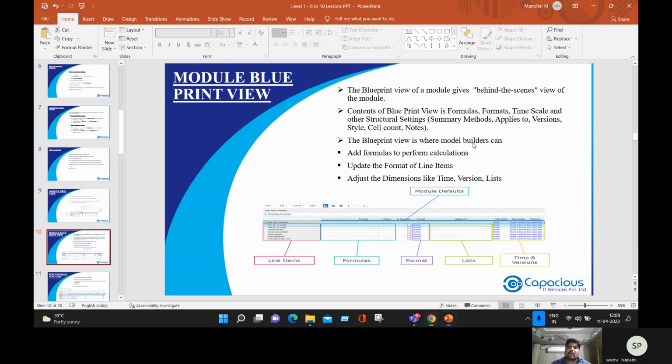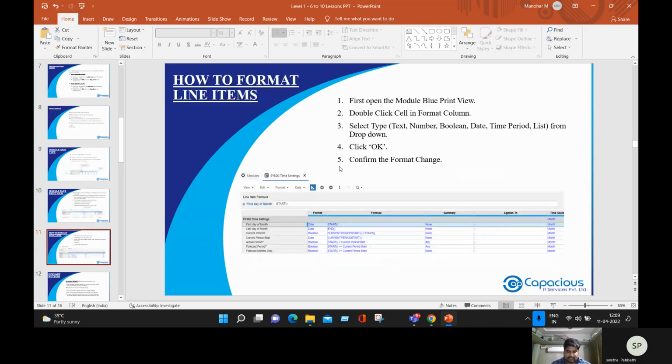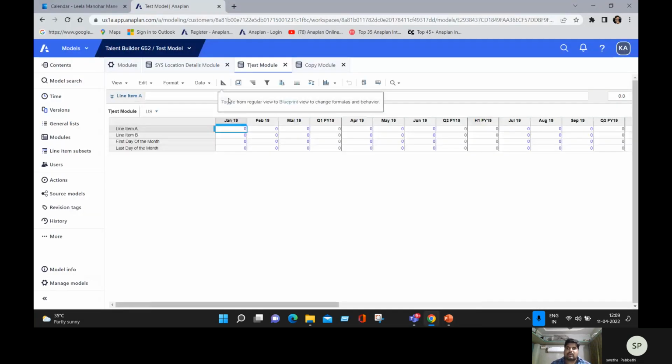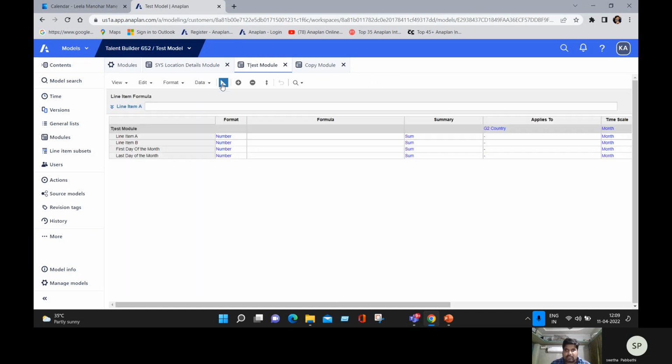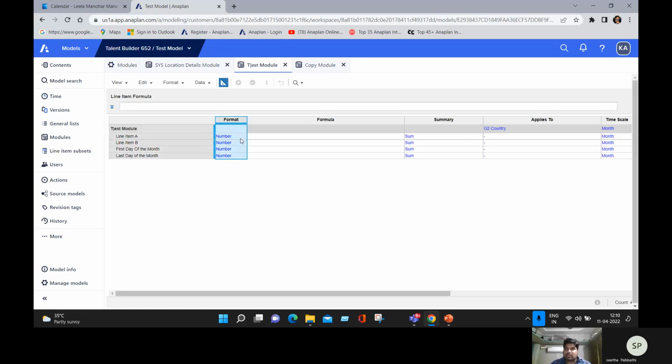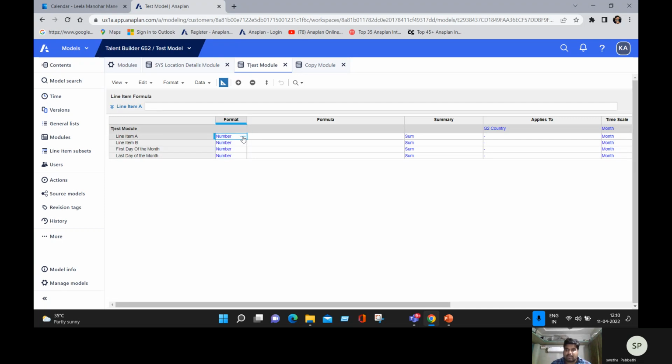The next topic is how to format line items. After creating a module, only then can we format the line items. We can format the line items only in blueprint view. Now click the blueprint view icon of the module. Then we find the format column, and only in this column can we format the line items. By clicking the ellipsis in the format column,